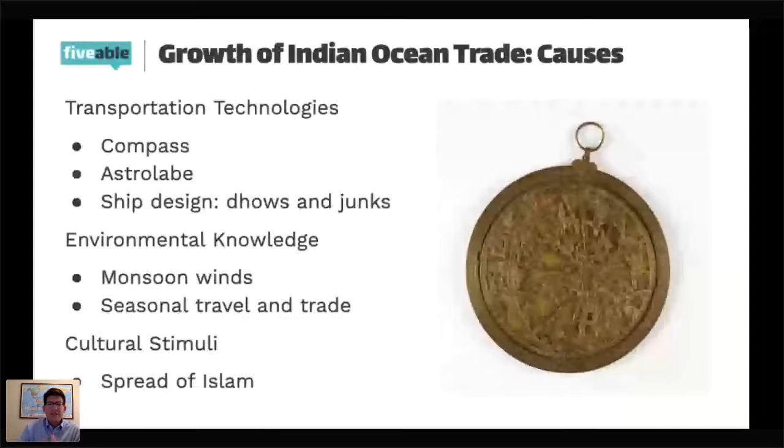So the astrolabe is actually an interesting technology because it passes through so many different hands in its development. The initial developments are found in Greece, and it travels to the Arab world where it is used and improved upon in the Indian Ocean trade, allowing ships to be much more accurate in their travels. And certainly if you can set course correctly, it also makes trade much safer and faster.